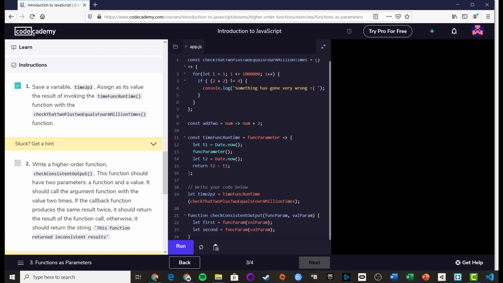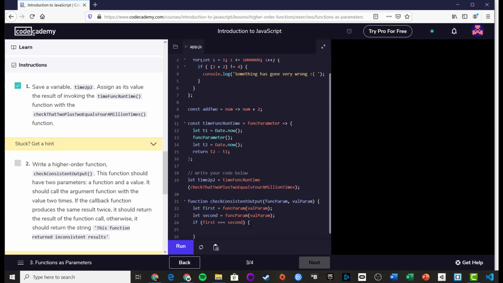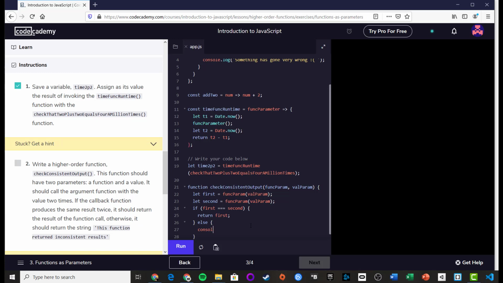Is it second value parameter? If I had lots more of these and I wanted to match them and check them, I could probably use a loop. But because I've just got 2, I'm just going to create 2 variables. If first is equal to second, then I want to just return that value. If they don't match, I've got an error message that I need to log. I need to return the string, which means when their function finishes, give this value back. This function returned inconsistent results. And if I run that,